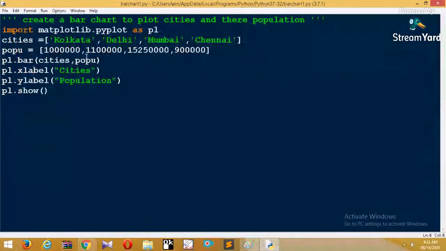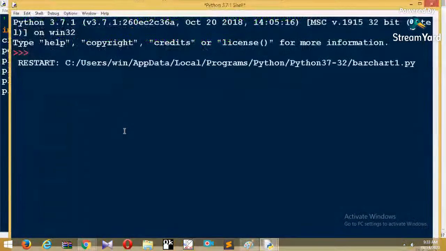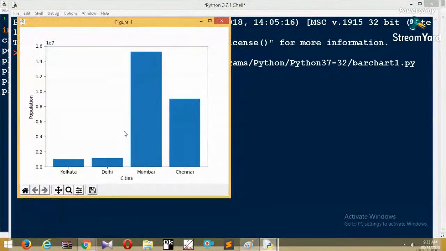For example, here I'm just adding a value. This way also you can do, just changing the value. So let's see how the chart is reflecting. And now again we can see the chart is reflecting in this way. So in this way we can draw a bar chart using some